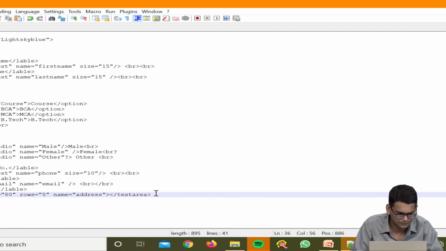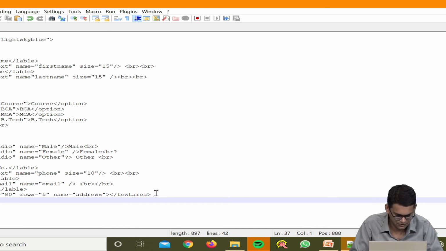Now it is time to add some buttons. For the button we just write input type is equal to button, then value is equal to submit, because it is a submit button.